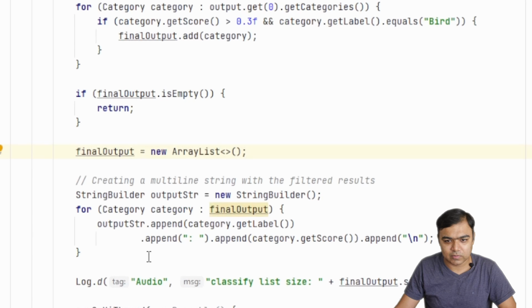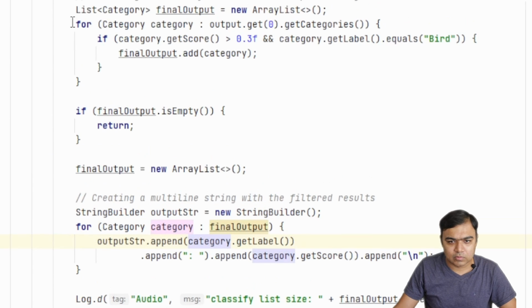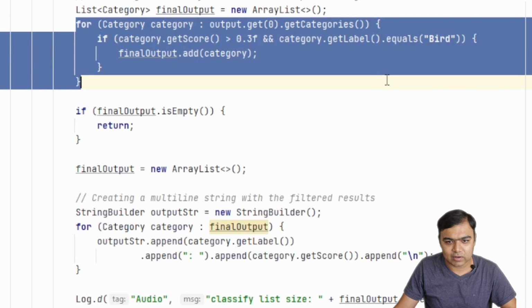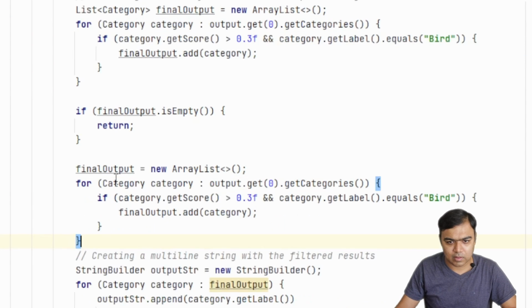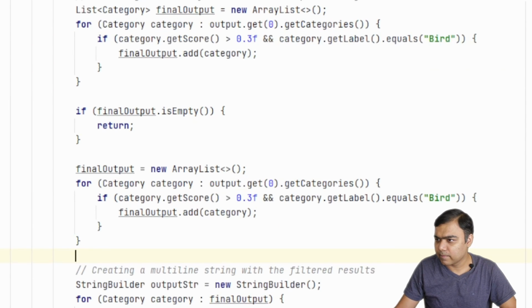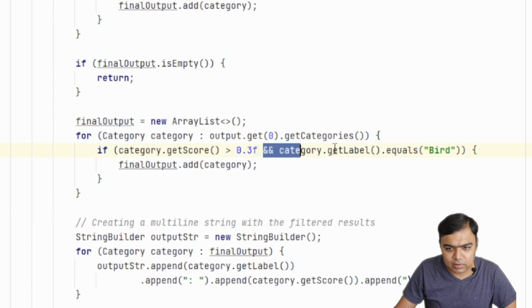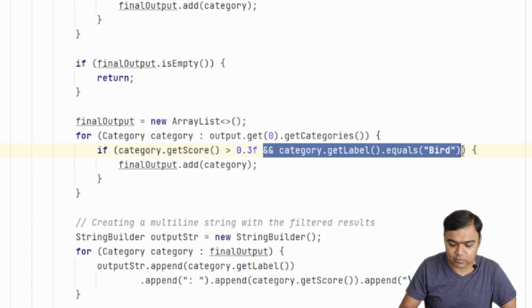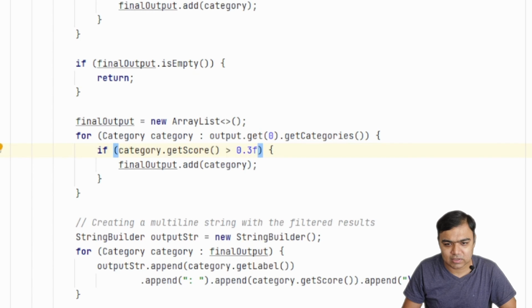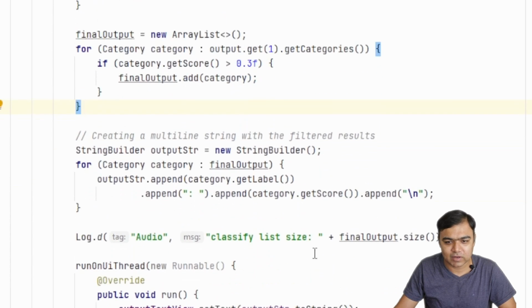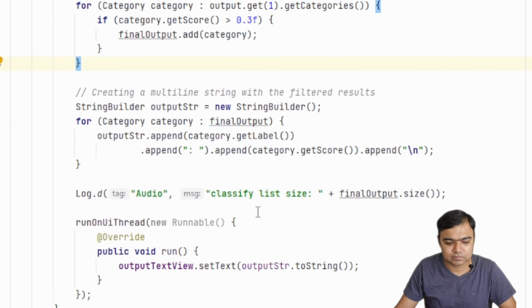We are going to go through all the output categories, and here the label will not be bird, it will be one of the types of bird. We will check the score, and instead of checking the first output, we will check the second output, which is output.get(1). Now we have the categories, we'll add them to the final output, and finally we will print them out.